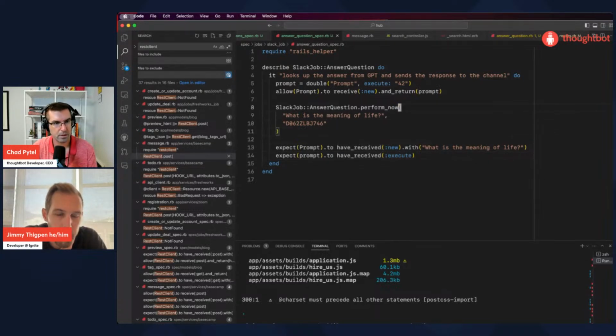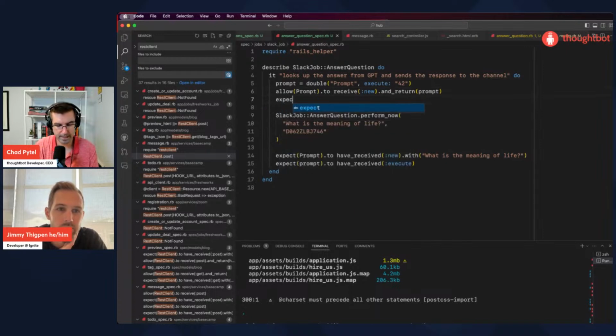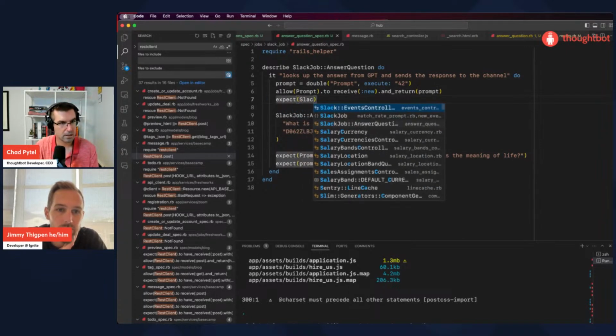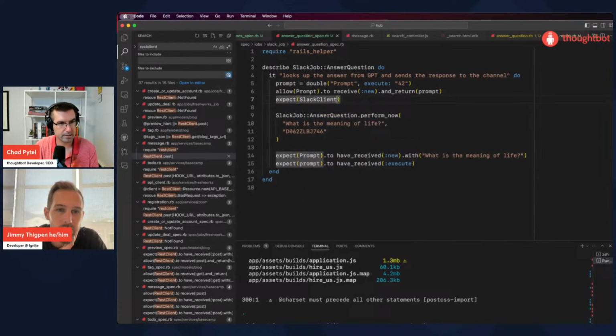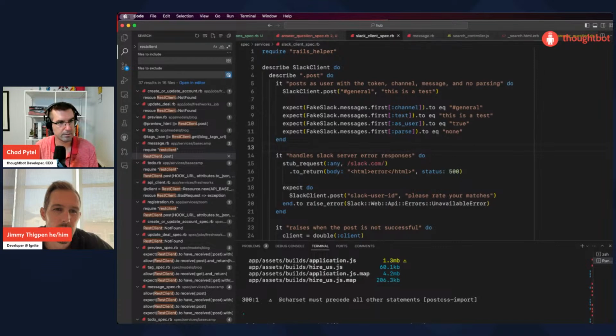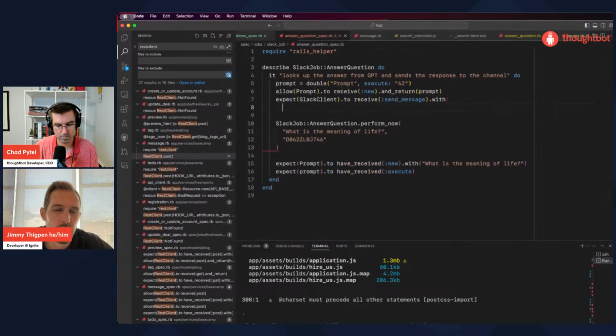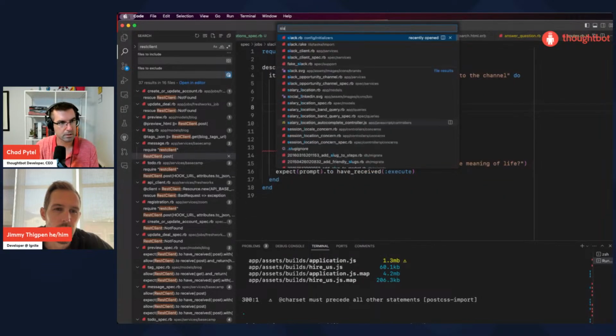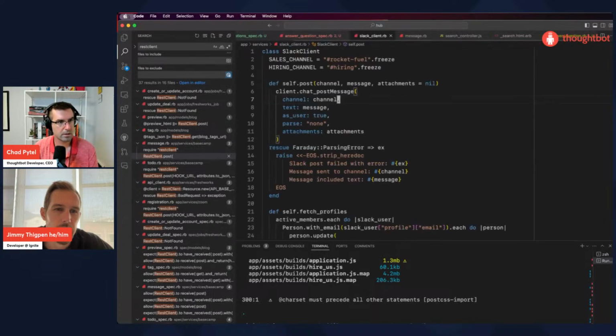Yes. So that is going to be expect Slack client to receive send message with, what is the, it's actually post. Yeah, we had that somewhere. Where was that? Post channel message.